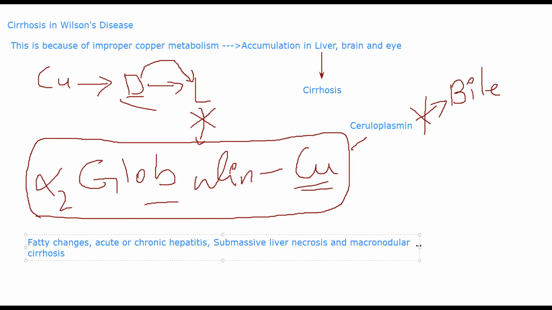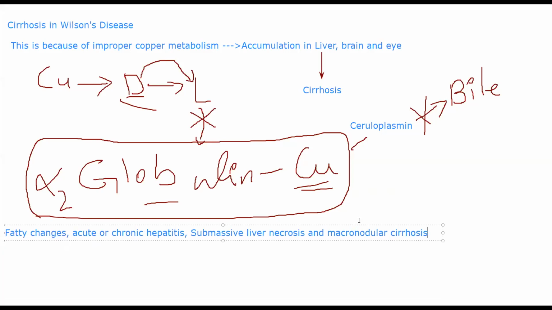So this is Wilson's disease. I'm not going into a lot of detail about what is happening because you don't have that much detail, but this is enough for now. Okay, did you understand what is happening? This is a problem in excretion of copper, causing accumulation of copper inside your body, leading to one effect, cirrhosis. In your eye, it'll have a different effect. In your brain, it'll have a different effect. But for now, you don't need to concern yourself with that because it is a part of cirrhosis that we are discussing. If you have doubts, please let me know. Otherwise, we'll move on to the other type of cirrhosis.